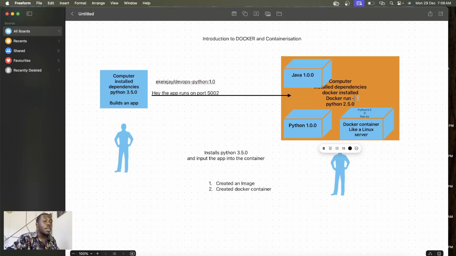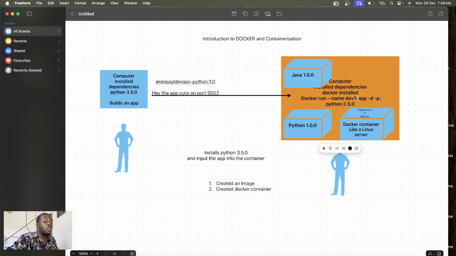He can give it its own container name. He can say John test, or my name, or dev1's app, dash D, to keep it in detached mode, dash P. So he's going to expose it on his own port.